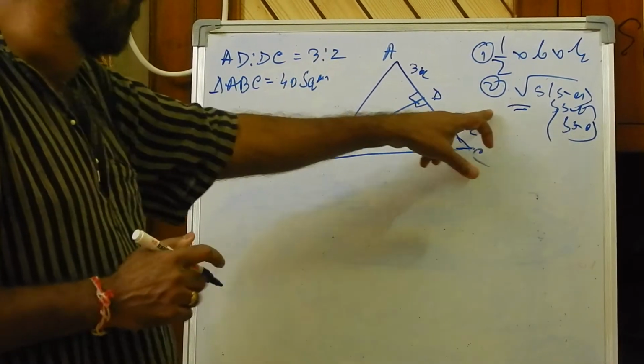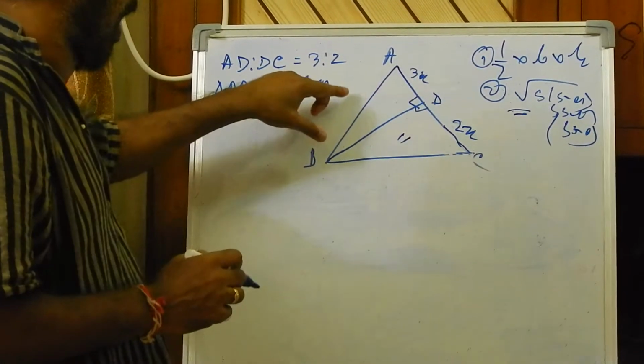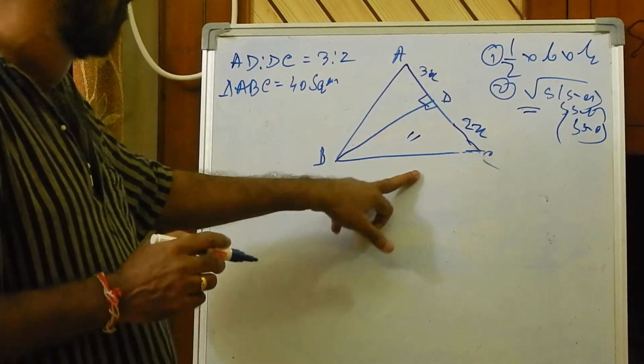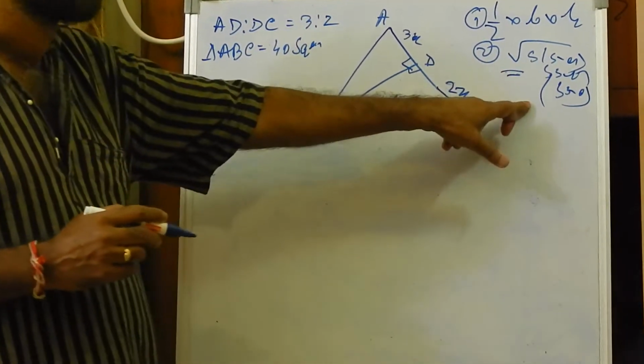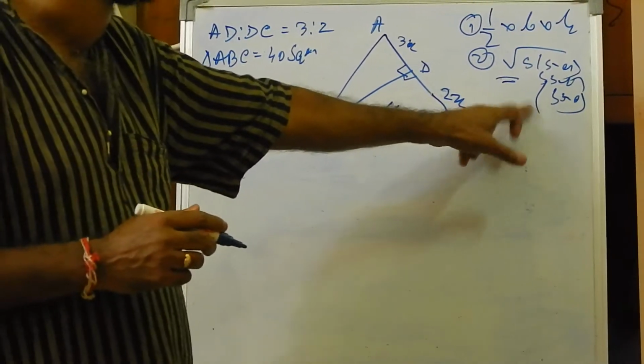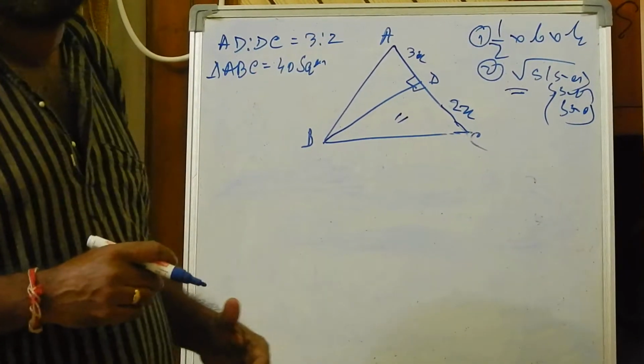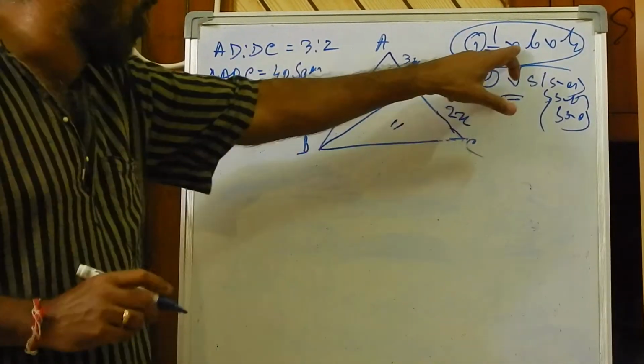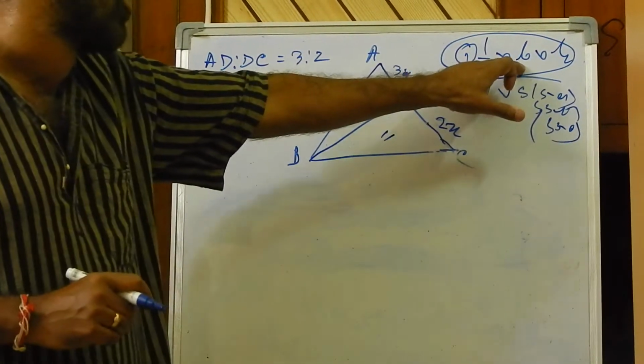So, if we put this formula here, it is unknown to us, the value of AB and the value of BC. So there are so many variables, so it will be very lengthy. So why not we use this formula? Because what is the reason? Because there is some base